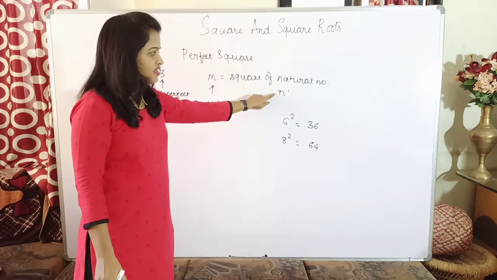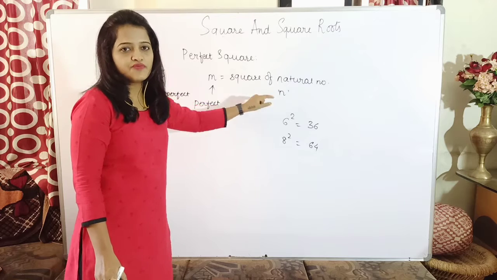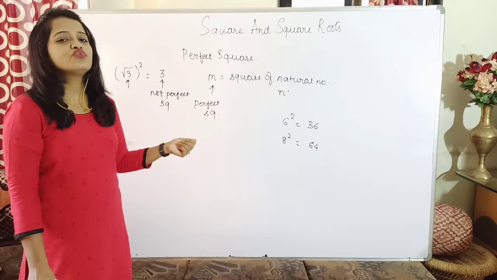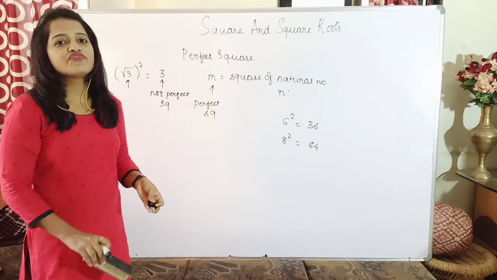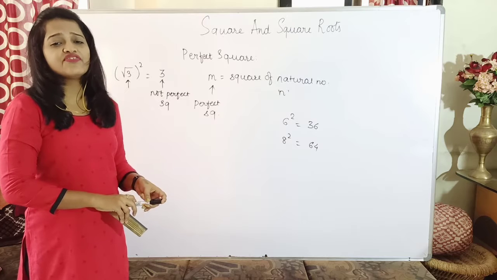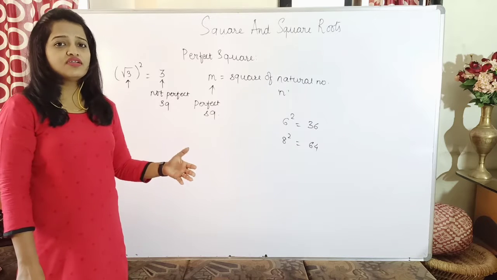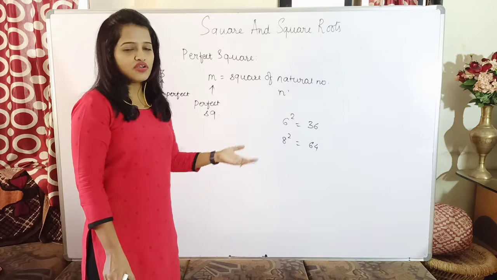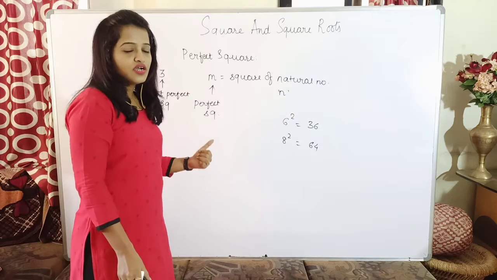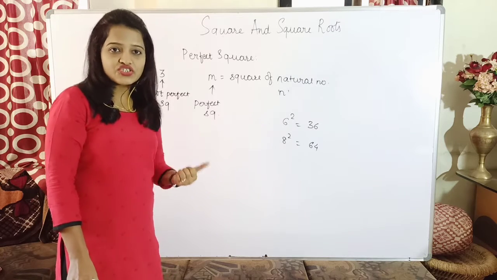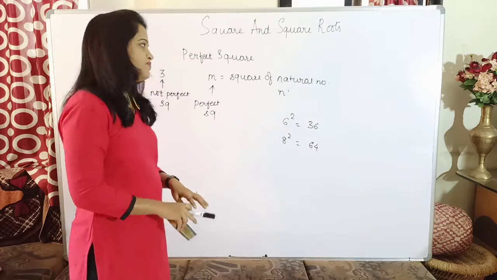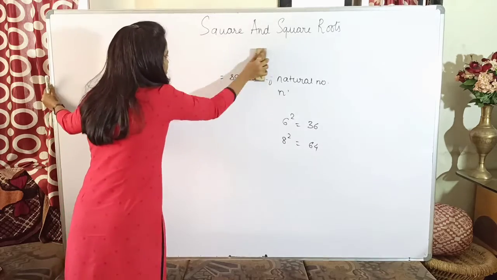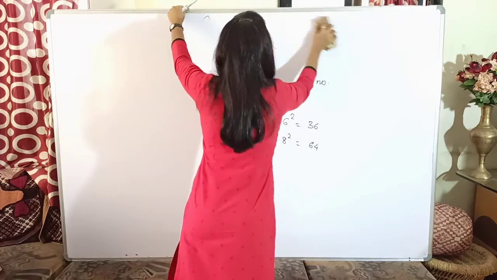What is the condition here? It should be the square of a natural number. Root 3 is an irrational number. It is not a natural number, and hence the square of root 3, which is 3, is not a perfect square, because all the numbers are definitely squares of some numbers, isn't it? 1 is the square of 1. Similarly 2 is the square of root 2. So that way all numbers could be squares of their roots, but only those numbers which are squares of natural numbers are called perfect squares. Now let us see some properties with respect to the squares of numbers.